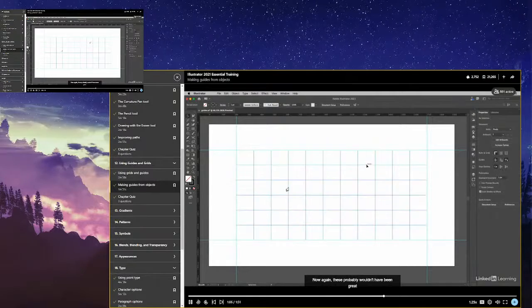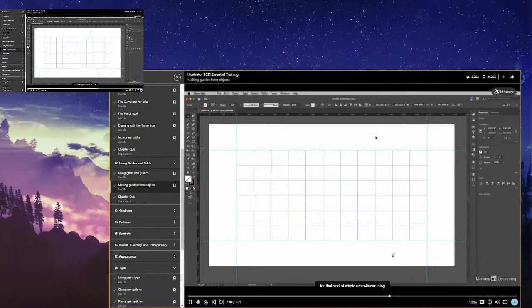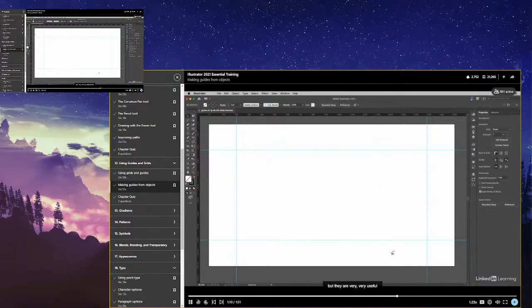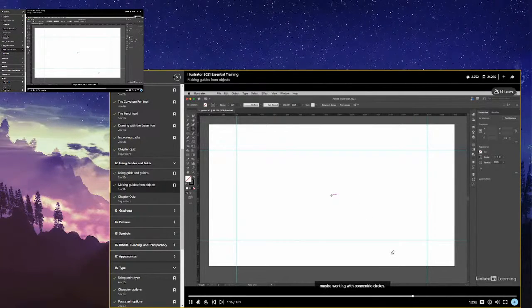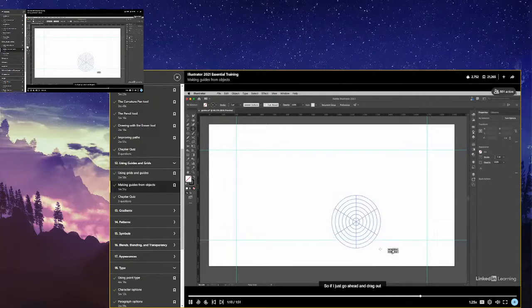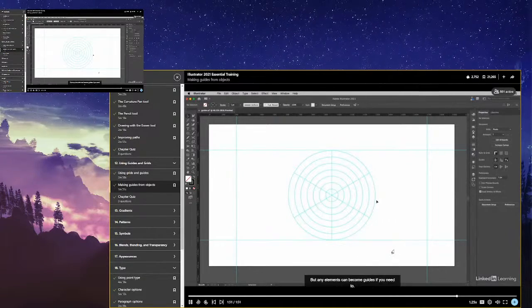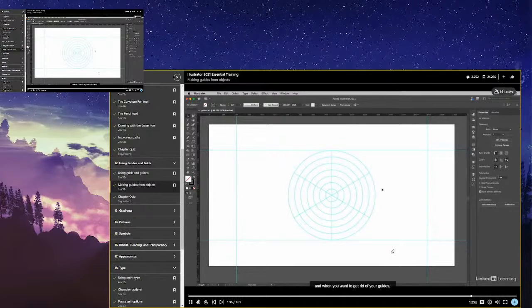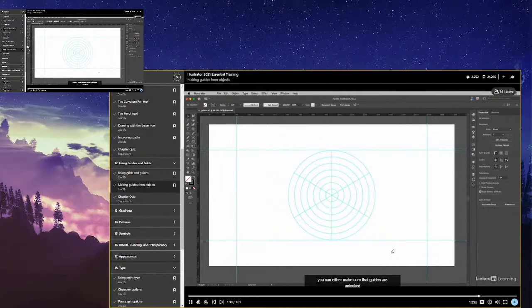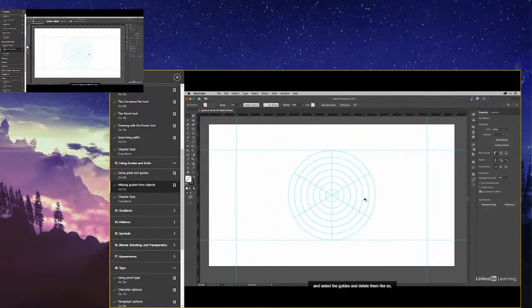Now again, these probably wouldn't have been great for the sort of rectilinear thing, but they are very, very useful when you're doing things, for example, maybe working with concentric circles. So if I just go ahead and drag, it's more useful for some other application, and select the guides, and delete them like so. When you want to get rid of your guides, you can either make sure that guides are unlocked and select